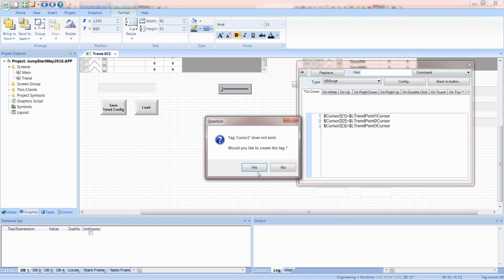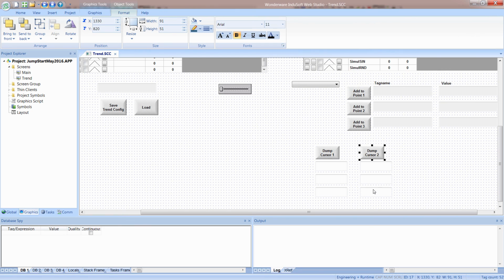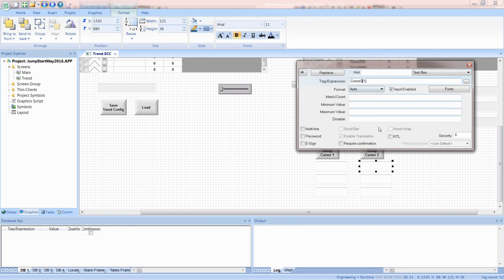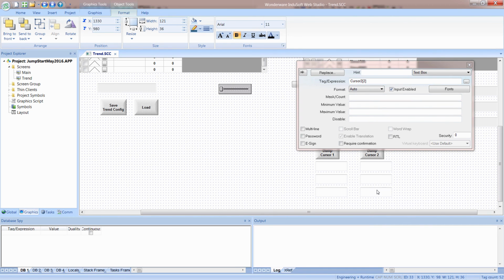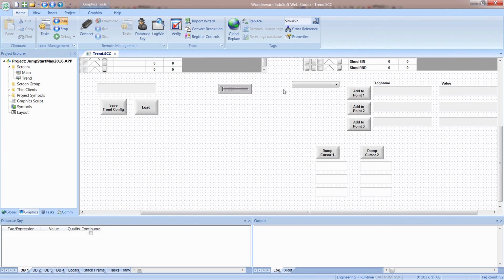And then that doesn't exist. Again, I need to make a real because it's going to receive those real values, maximum index of 3. And go back in here and change this to cursor 2. Hopefully you can see what I'm doing now before I actually demonstrate it, but when we run this,